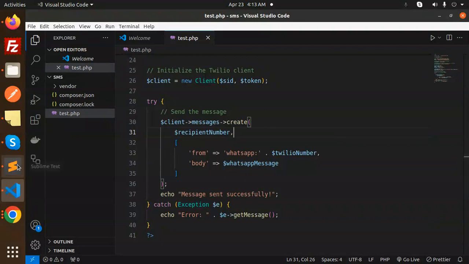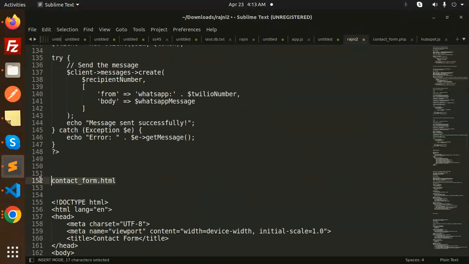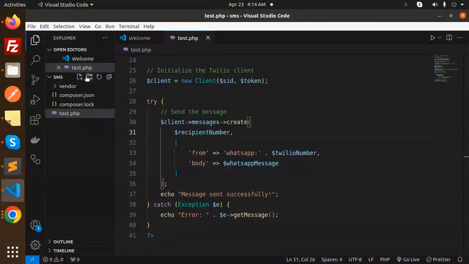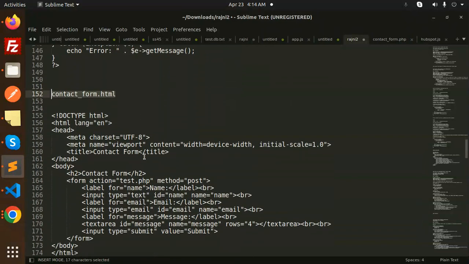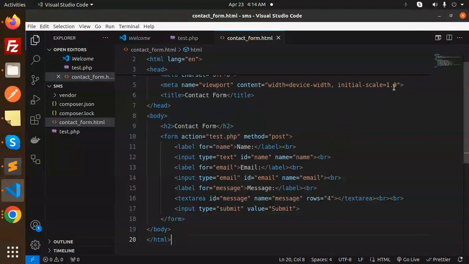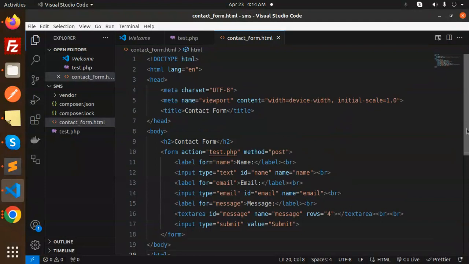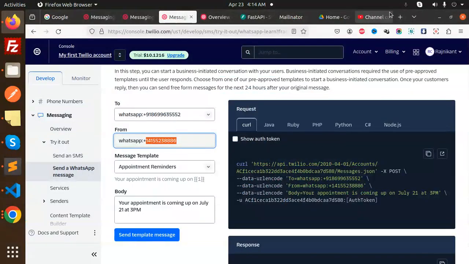Okay, now we have to create the form that is required over here. So this is the form, contactform.html. Let's add this contact form. This is basically a form which consists of the name, email and the message. So this is very easy. Let's copy and paste this and add this code. Okay, so name, email and the message and the submit, and here we have a test.php file. Okay, save this. Let's go to the browser and run